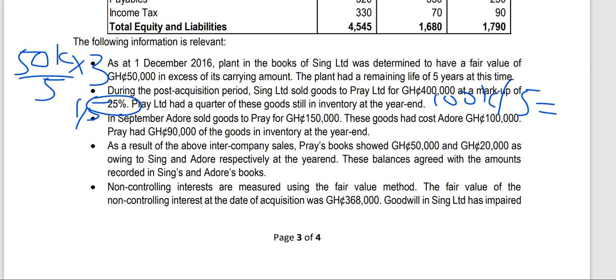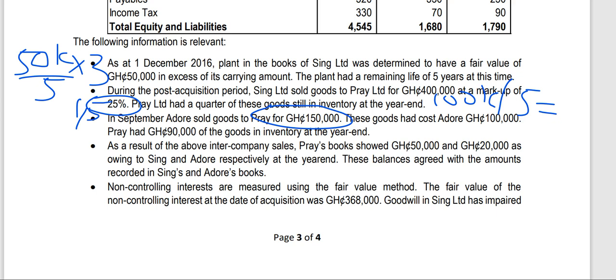Then in September, Adore sold goods to Pray for 150,000. These goods had cost Adore 100,000. Pray had 90,000 of these goods in inventory at the year end. In September, Adore, the associate, sold goods to Pray for 150,000, and the cost of the goods was